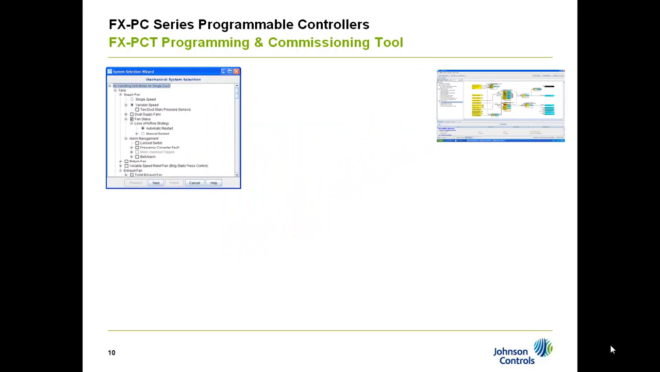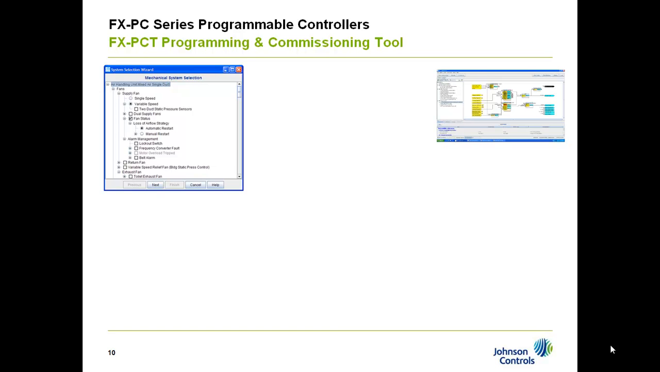The easiest way is by using the System Selection Wizard, which provides a check-the-box dialog for selecting the mechanical equipment type, then the control logic and sensor options. The output of that activity is fully assembled control application code, with control logic designed, tested, and documented by Johnson